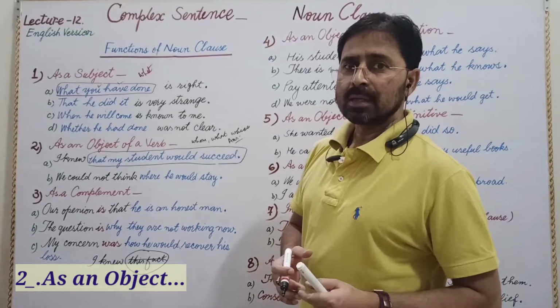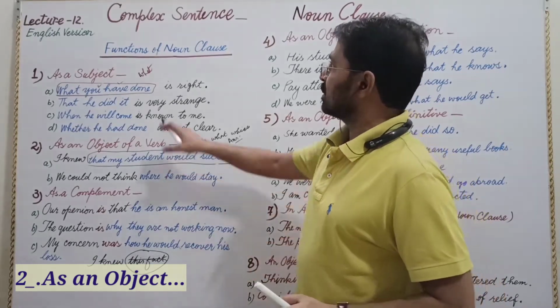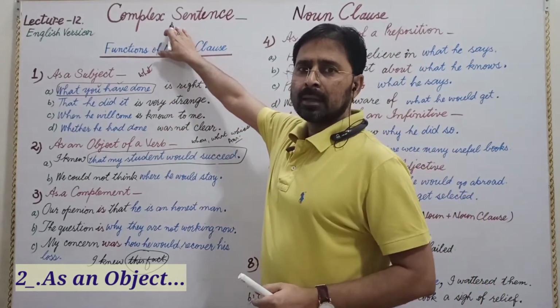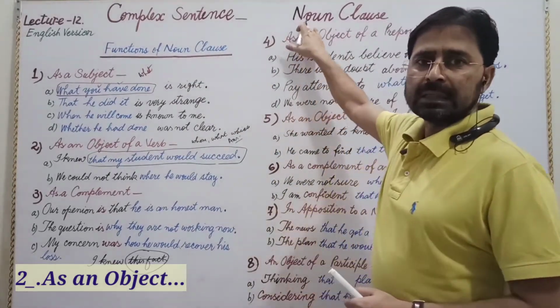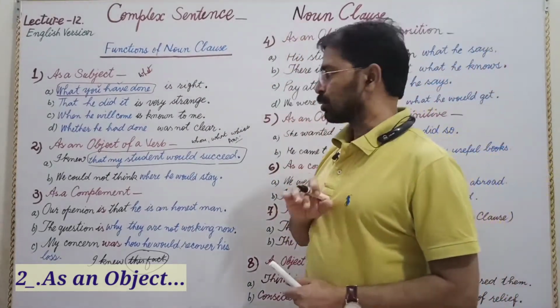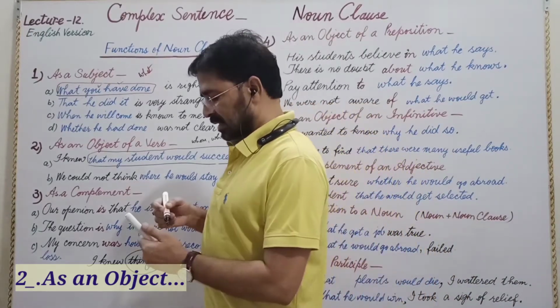The part after the verb that begins is called a subordinate clause. And I would like to ask, what topic is being discussed? Complex sentence. And this is the first type of complex sentence that you can see here, that is known as noun clause. Now let's see the next example.